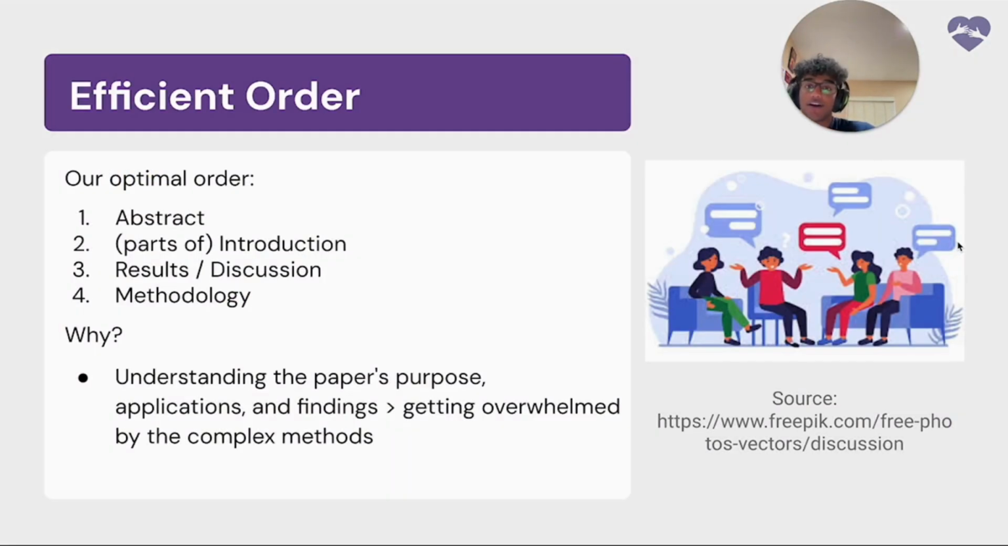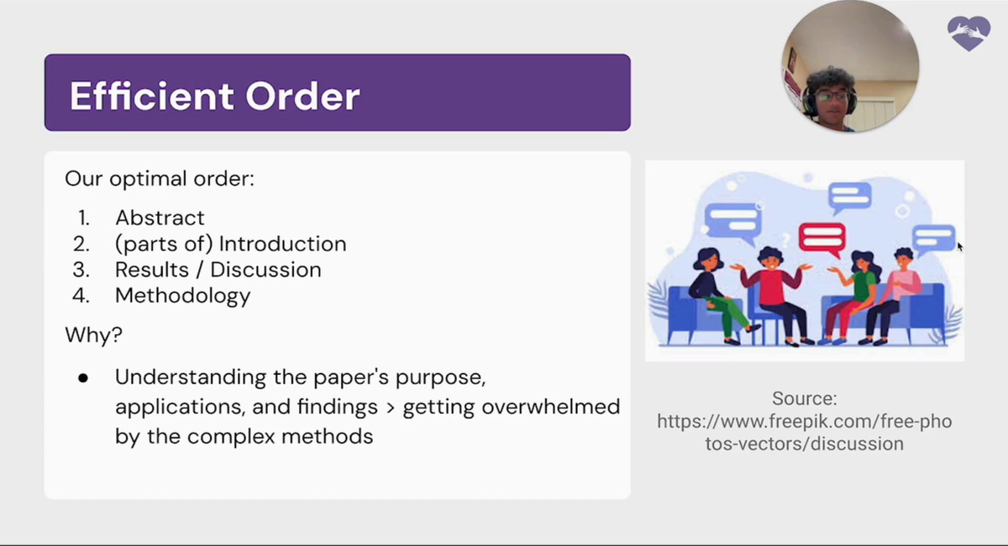So, the optimal order that we decided to read a paper is the abstract, the parts of the introduction, results/discussion, and then methodology. And you may be thinking, why? Why not just read the paper as it is? Well, usually when you're reading a paper, you're first getting into the research topic and you just want a general sense of the idea and the main points of the paper. So it's more important to understand the paper's purpose and applications and findings from the paper rather than getting overwhelmed